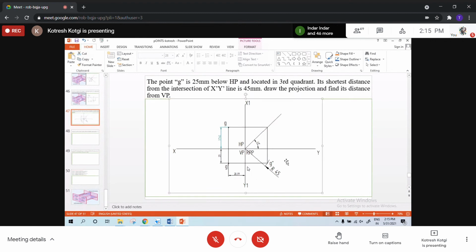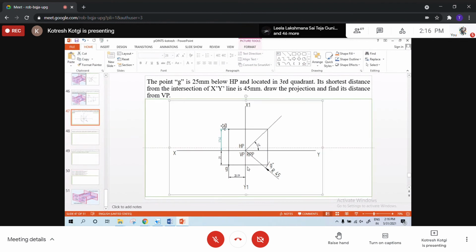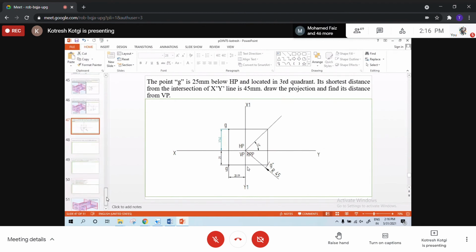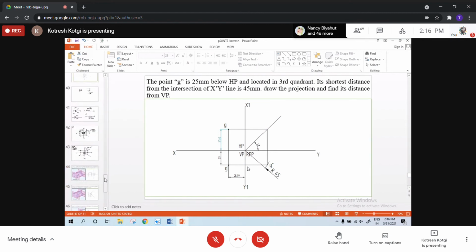And I have solved it for right side view. I told you that also. It is not mentioned. You can solve it either for left side view or for right side view. It is left to you. Over. Shall I go to the next problem? Am I audible? Shall I go to the next problem?